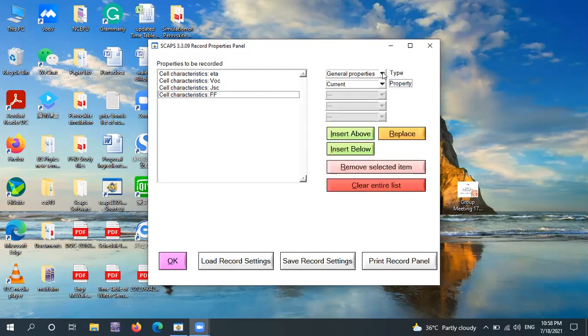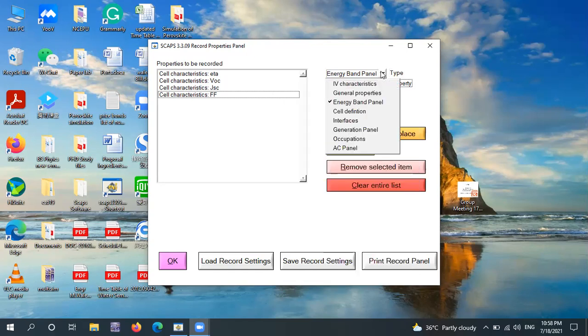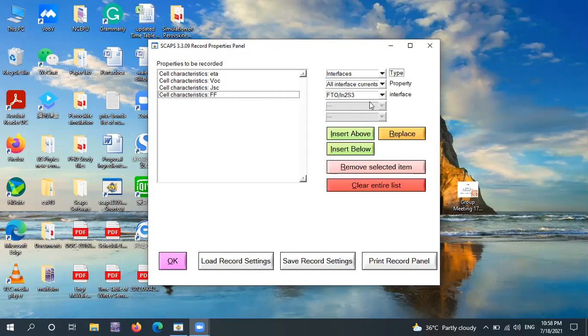Similarly, I can also select others, like if I'm more interested in the energy band panel. Now you can check the effect of thickness with respect to valence band, conduction band, Fermi levels, total charge, electric field, whatever you want. It purely depends upon the choice of any particular student or researcher what kind of graph he is going to plot. Similarly, with more information, you can check the interfaces as well.